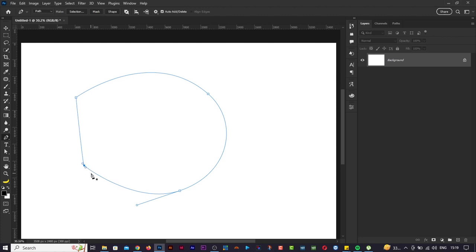And let's go back. Get your pencil. So I've gotten my pencil back, P on the keyboard, right? Then you come and point here. If you point here, you see a negative sign, which means if you click on this point, it's going to delete the point. If I click there, you see Photoshop has deleted that point, but that's not what I want. So I'll go back, Ctrl Z, and if I want this particular anchor point here, which does not have these handles, to have a handle,